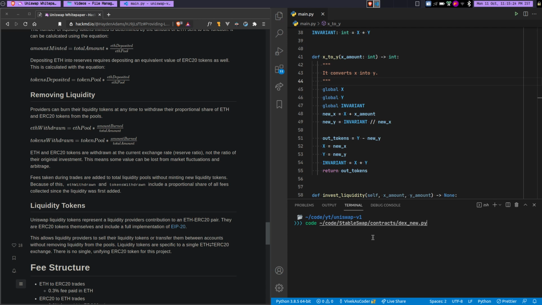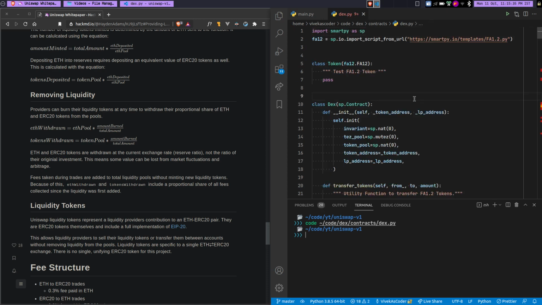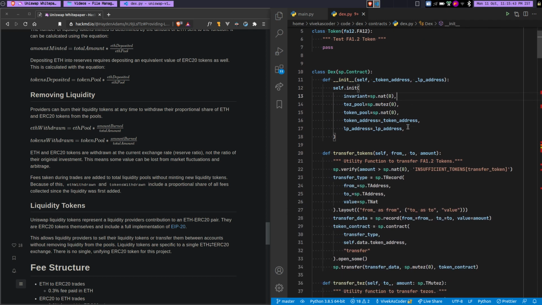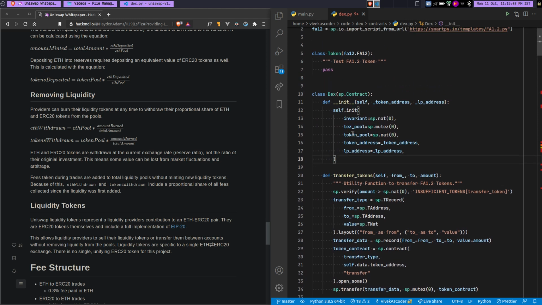Let me just open it. Where is it? Code, contracts, and then the contract file. Cool. I was working on an article which you will probably find on Figment Learning in some days. I've sent the PR, so you will soon find it, and I will probably update you guys about it.